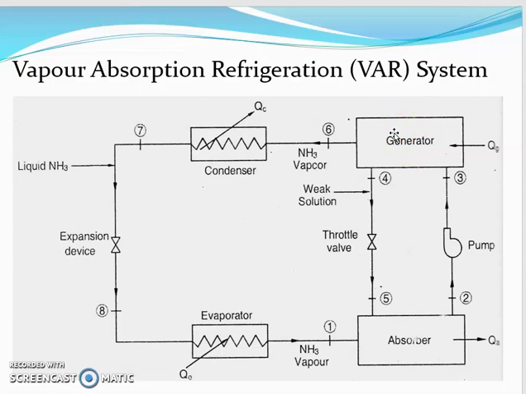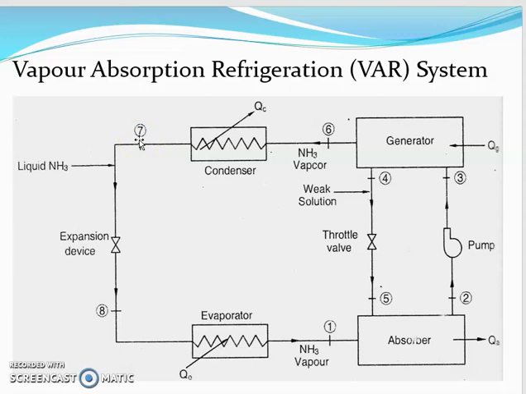So a major part of the ammonia vapor is driven out of the solution by the heating. In the generator or heater, the strong solution of ammonia is heated by steam or by heating coils, and the ammonia vapor is driven out of the solution, and a satisfactory condenser pressure is produced. Now the NH3 vapor that has been produced at point 6 passes to the condenser. In the condenser, ammonia rejects heat to the atmosphere and gets condensed. At the outlet of the condenser, at point 7, ammonia is in liquid state and at a higher pressure.